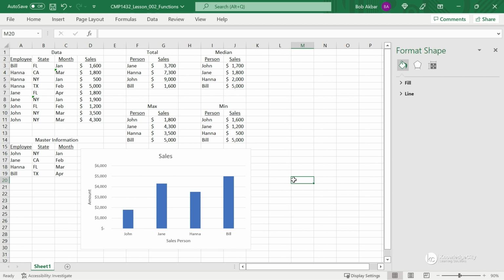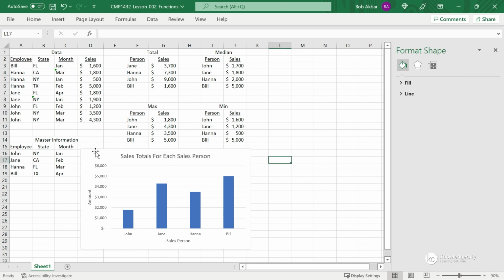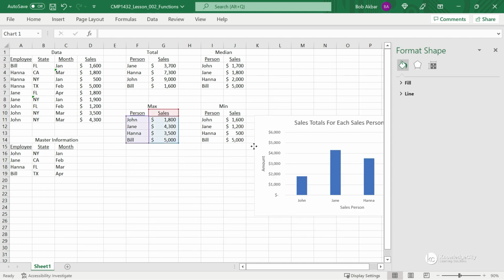And there we are. Now we have the amounts in there. What if we wanted to change the title of the whole chart? Same thing. And there we are. Sales total for each salesperson. Once the chart is done, you see the four-way arrow. Just like any other Microsoft Office product, you can click on it, hold your mouse button, and move your chart